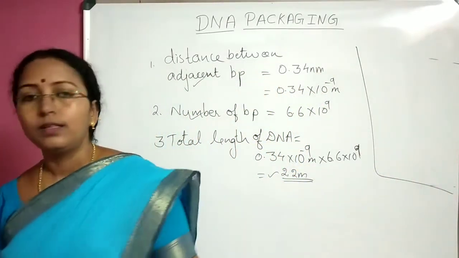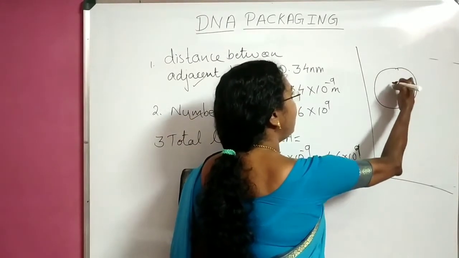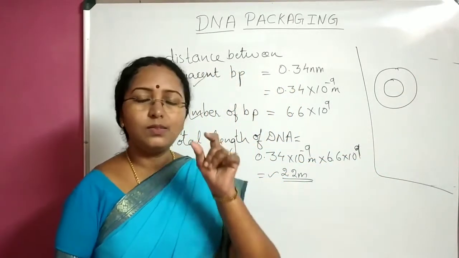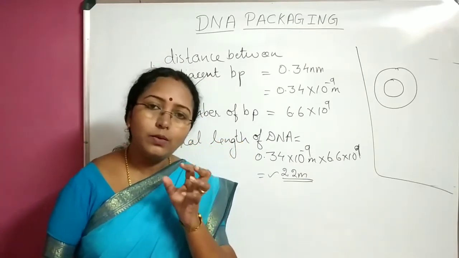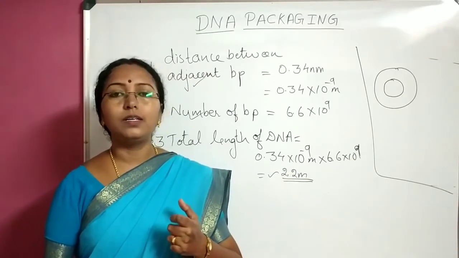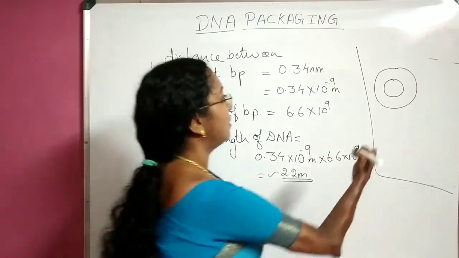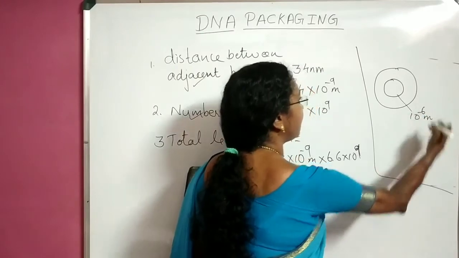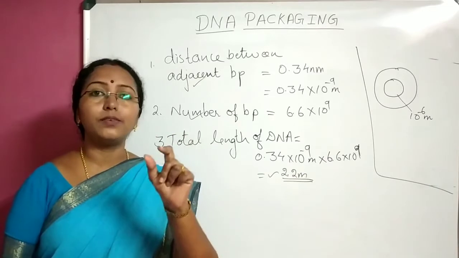You know, our DNA is present inside the cell. Inside the cell it is present in an area called the nucleus. The cell is very small, very microscopic. Inside that, the nucleus is still very small. And do you know what the dimension of the nucleus of our cell is? It is 10 raised to minus 6 meters. Very, very small. 10 raised to minus 6 meters is our nucleus.